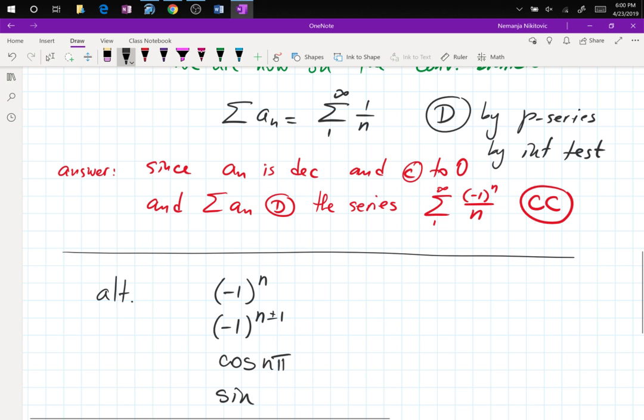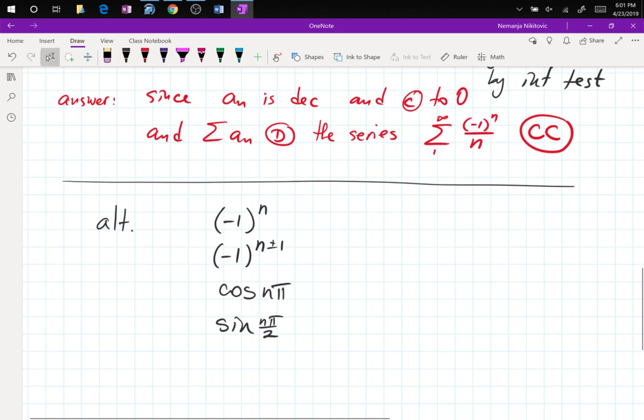Excellent, n pi over 2. Guys, if you see any of these, they are all alternating terms. So star these, make sure that all of these